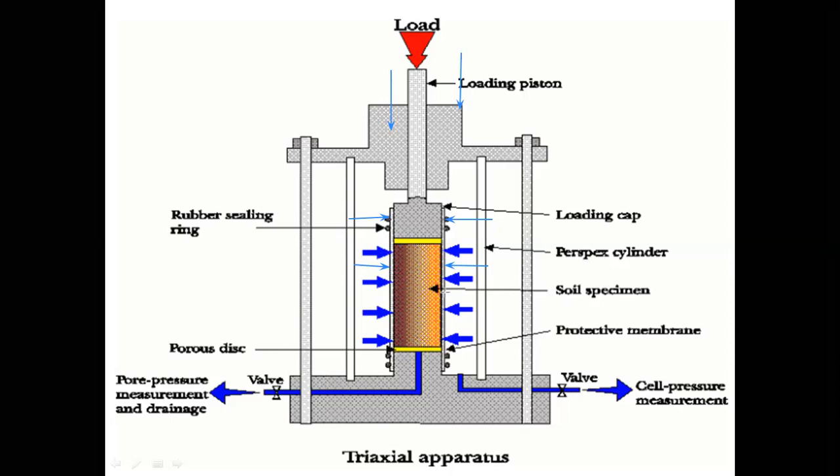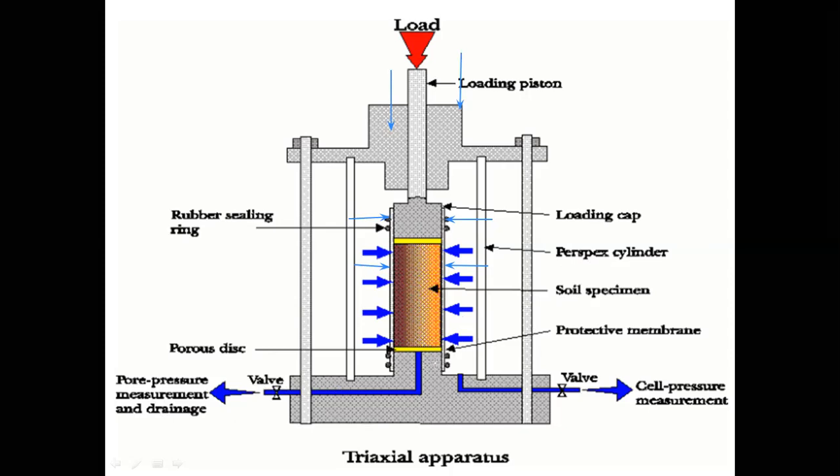This triaxial apparatus setup is also used to perform testing on soil as well as rock specimens. In case of soil, it contains some moisture. So while performing this, mainly in case of soil, guys, if it contains any moisture, we need to drain it out and measure the corresponding pore water pressure. That drained out water has an exclusive pipe for that: pore pressure measurement and drainage. This is what it is.